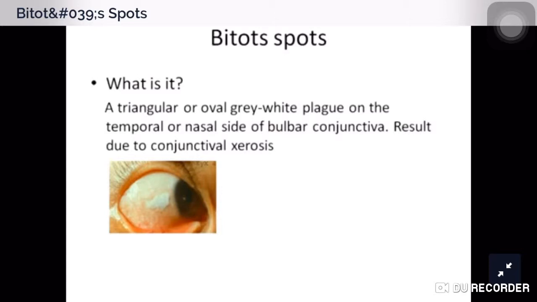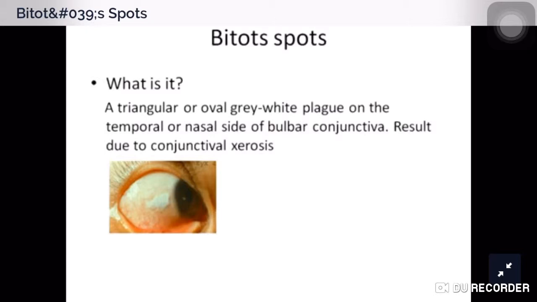Now, Bitot spots is basically a triangular or oval gray or whitish plug which is seen on the temporal or the nasal side, more frequently on the temporal side, as you can see in the picture. It occurs on the bulbar conjunctiva, and it is due to conjunctival xerosis, which happens as a consequence of